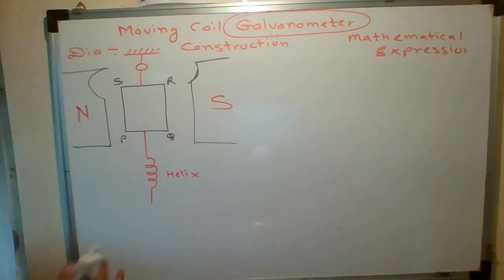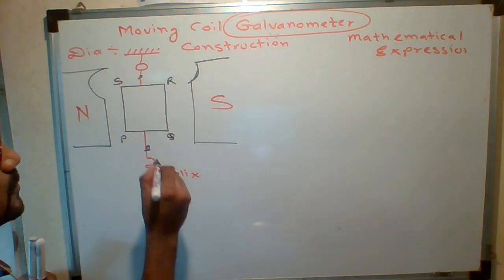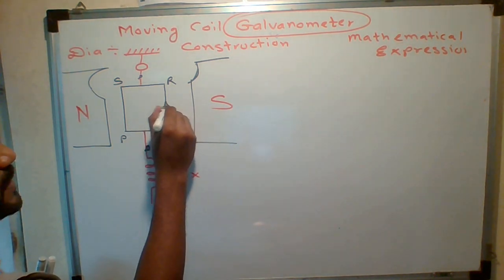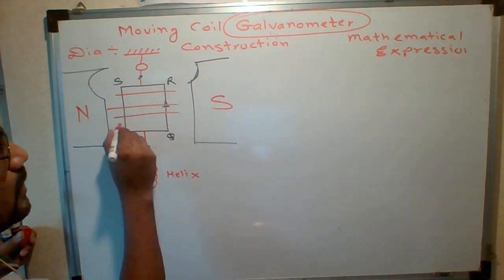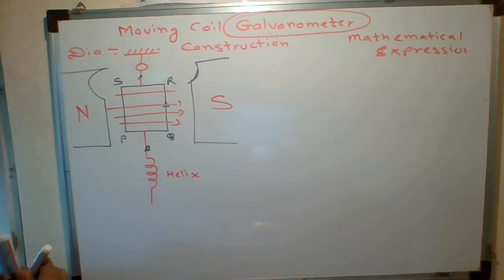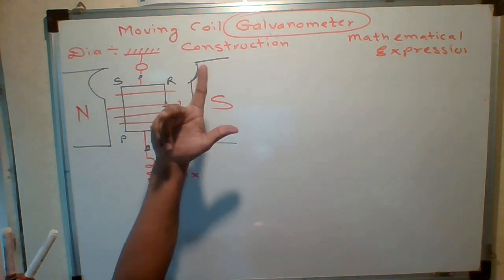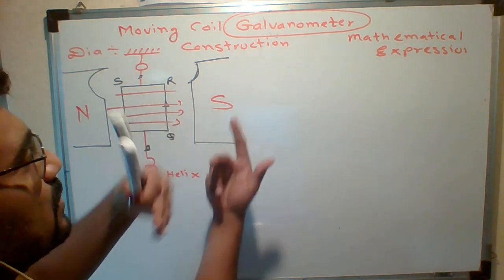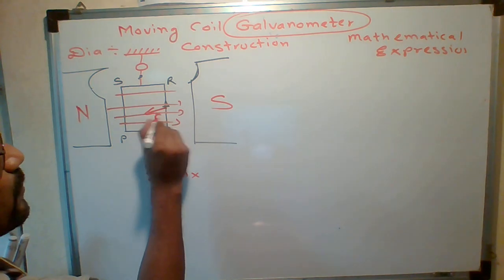In the working, when current flows, what do we observe over here? When current is flowing in this direction, what is the direction of the magnetic field? And what is the right hand rule? Current is flowing like this, magnetic field is like this. So what is the force? You can see, the force is towards you, away from the board. So for this PQ, the force will be like this, F.